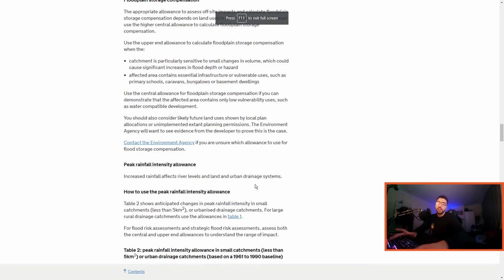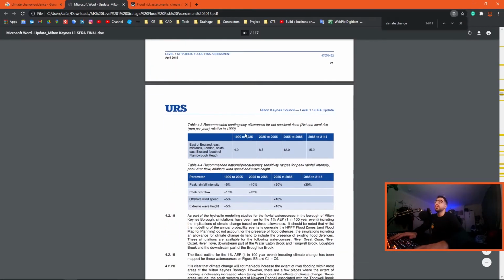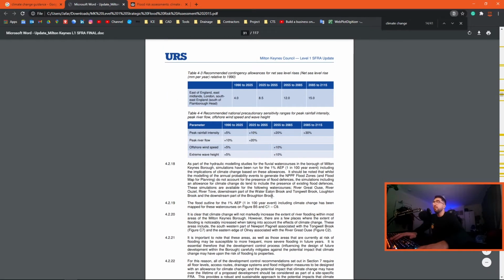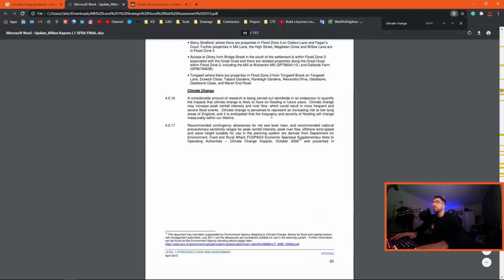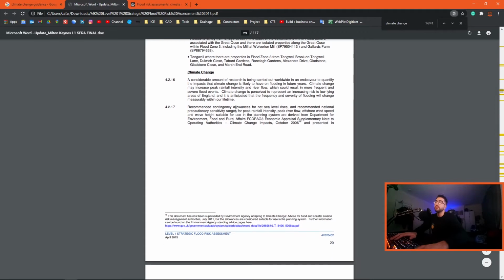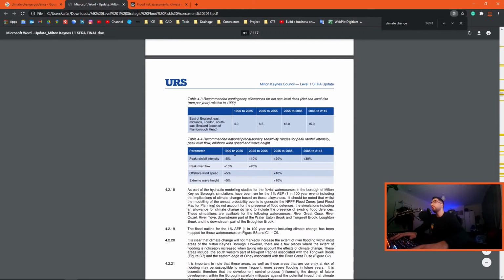Now, what are the other cases? The other cases is if the SFRA states something different. For example, here we have the Milton Keynes Level 1 SFRA, and under the section climate change, it says global warming, and so on, ice is melting, polar bears are in danger. And then we go to table 4.4 and it says recommended national precautionary sensitivity ranges for peak rainfall intensity, peak river flow, etc. So if we look at the peak rainfall intensity, we can see from 2055 to 2085 is 20%, but then from 2085 to